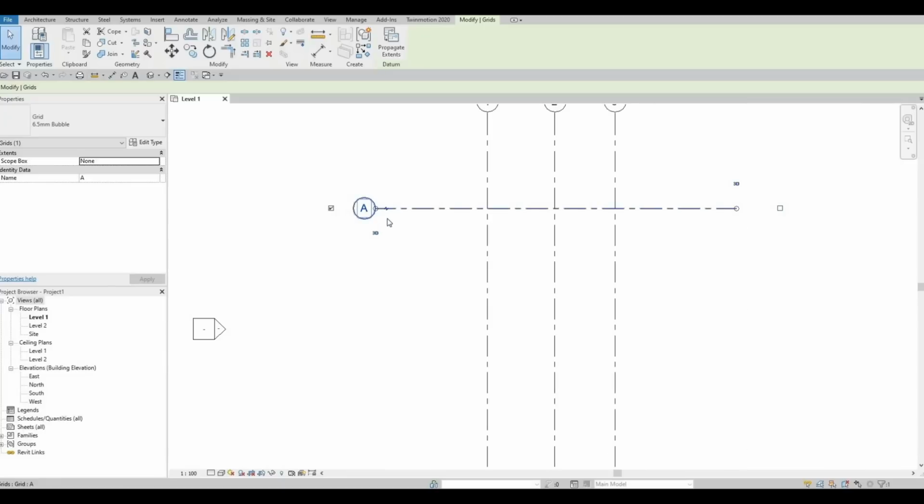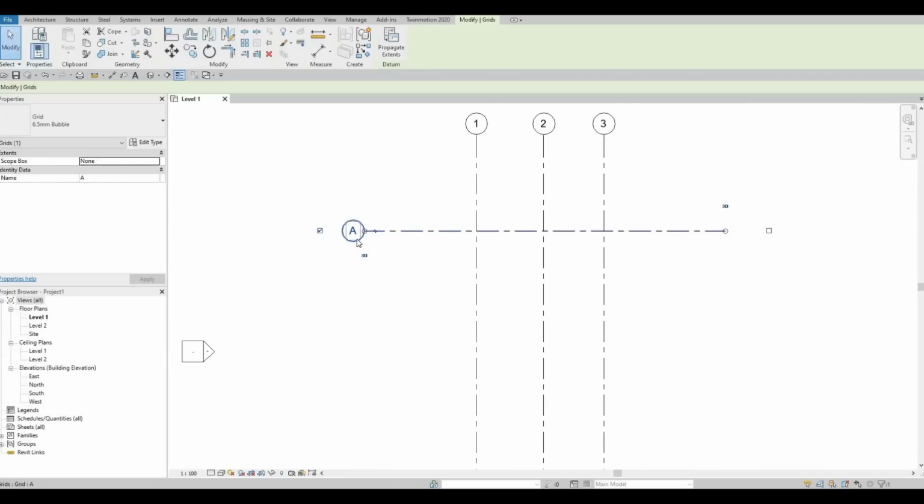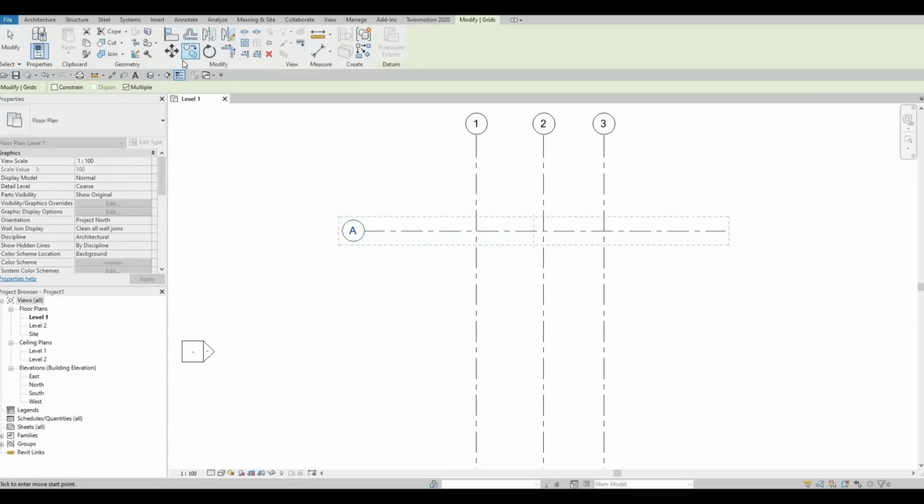So to change the grid bubble name. Then you can type in CO, which is the copy command. And then multiple is already checked, so we're good with that. Grab the grid line again and then put it down. And the first one is 6820. The second will be,